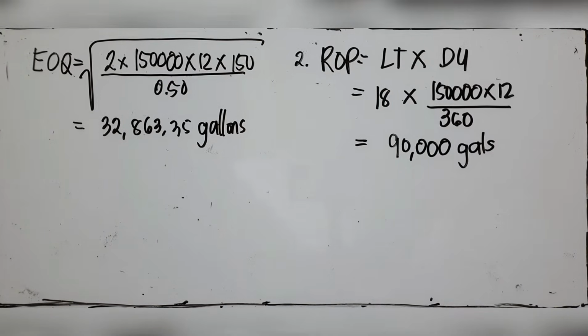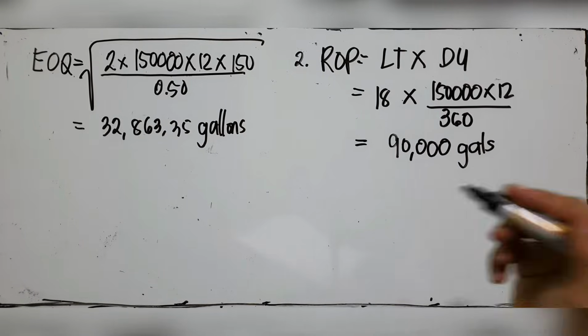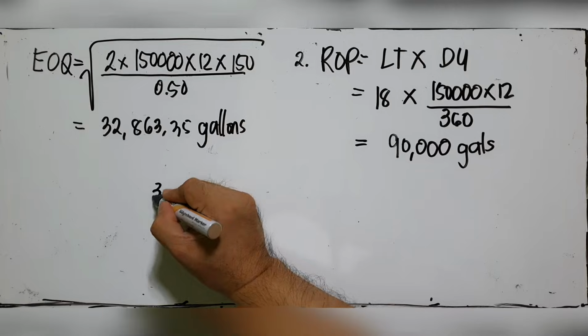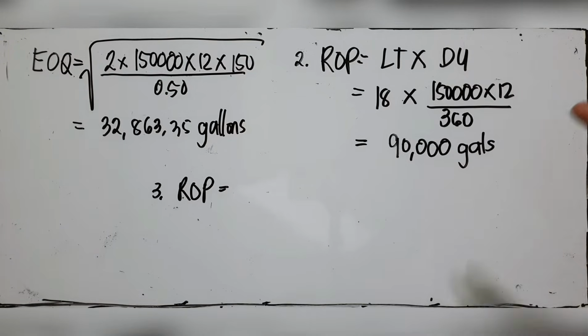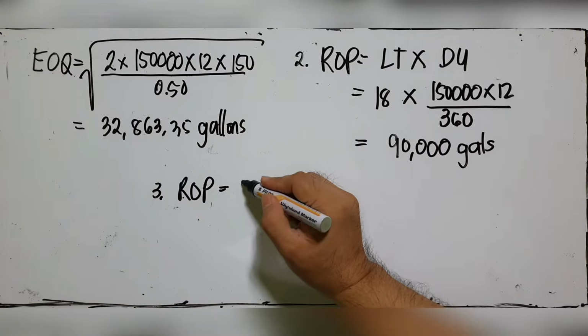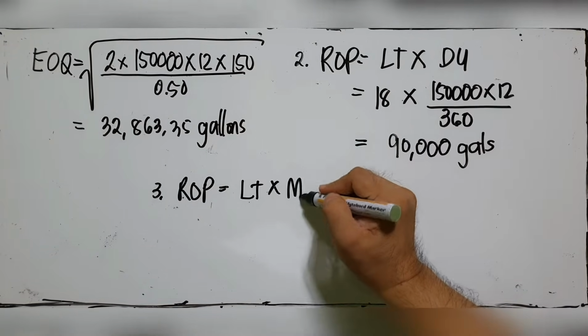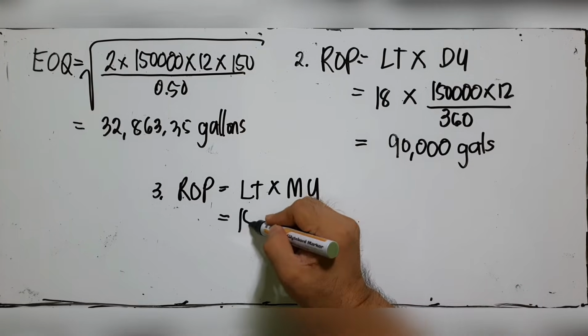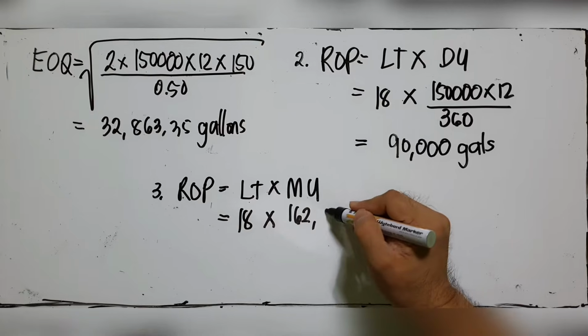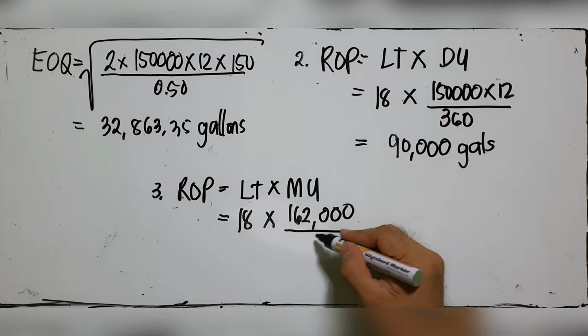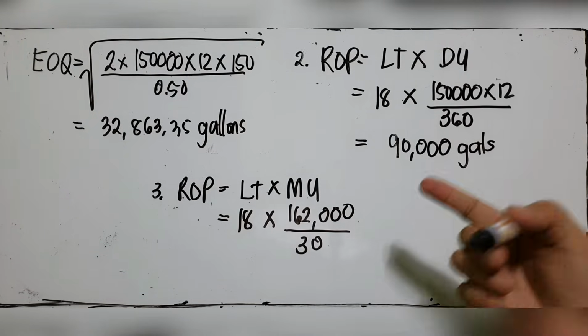That's number 2. And for number 3, we're asked for the safety stock. So again, we have to compute for number 3 the other reorder point wherein the maximum usage is 162 gallons per month. So lead time times the maximum usage. The lead time is 18, pero sabi niya 162 gallons per month. Divide natin ng 30 to get the daily